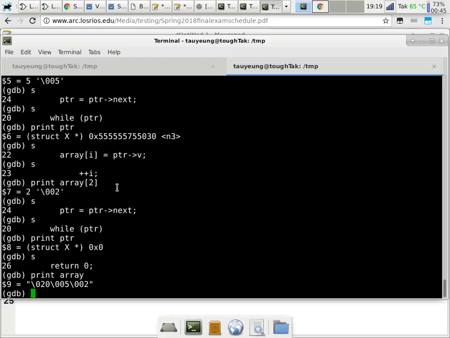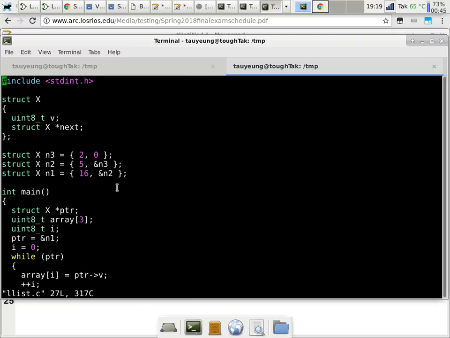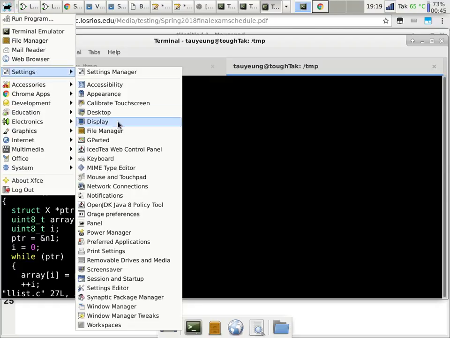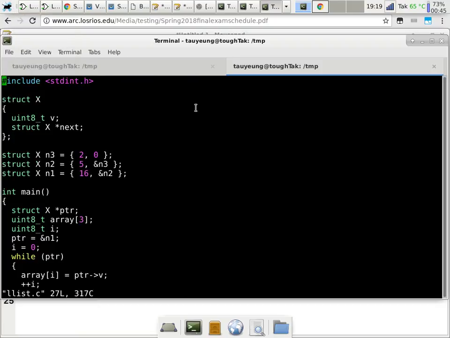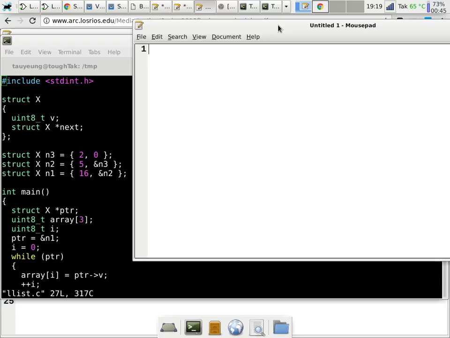Are there any questions before we start to translate this code into assembly? No question? All right, so this is the C code, and I'm going to use mousepad to write the assembly code. Now, anytime you guys have any questions, please stop me and ask the questions, because the longer we wait, the more confusing it gets. All right, so let's go ahead and start with a JMPI to main first,